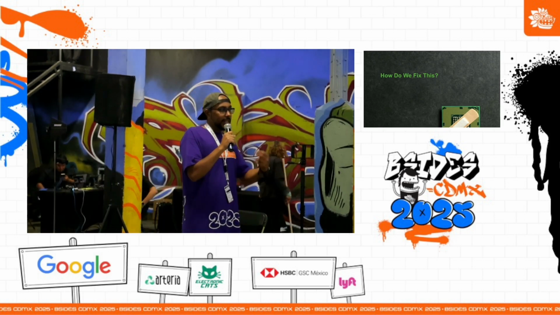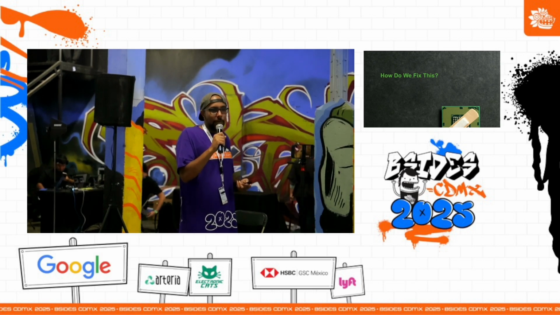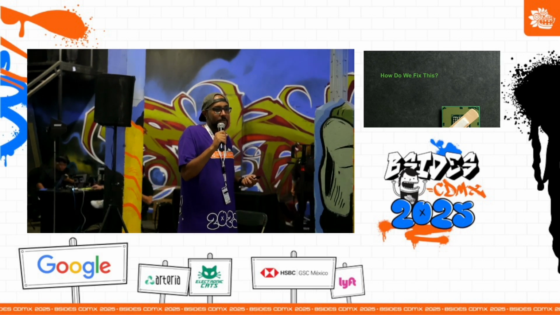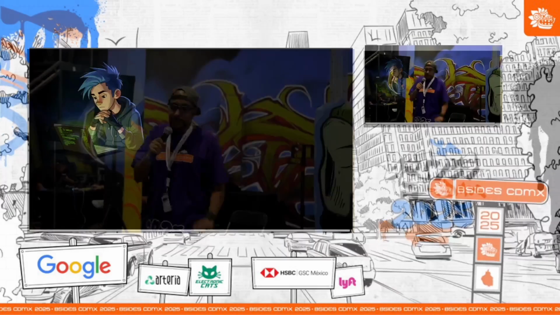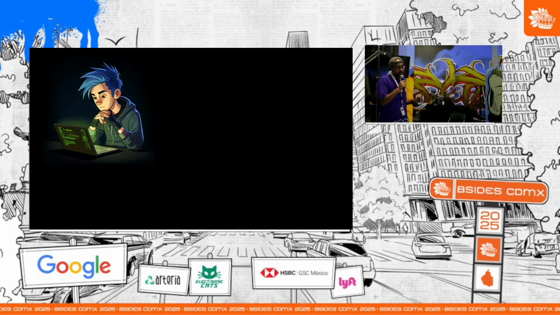But then here is the next issue. The next challenge is how are we going to fix it? We know we're impacted. We have all of these products. What are we going to do? Of course, there are multiple things we can do. Number one, we could just wait for the vendor. We could wait for Intel and just tell them, hey, can you please give us a fix? In CPUs, when you fix a vulnerability, they give you something called a microcode update. So that could be one solution.